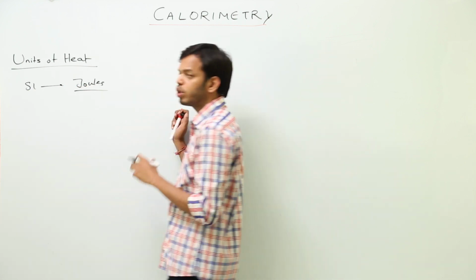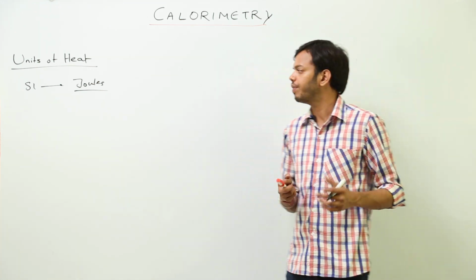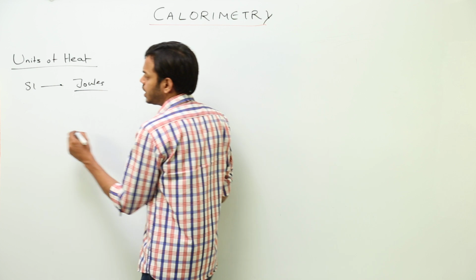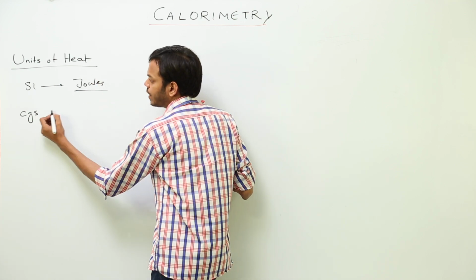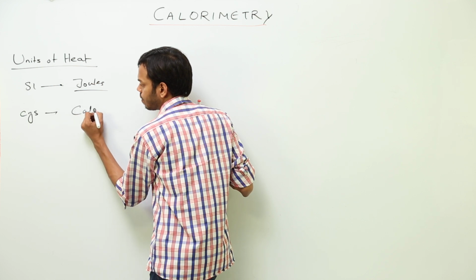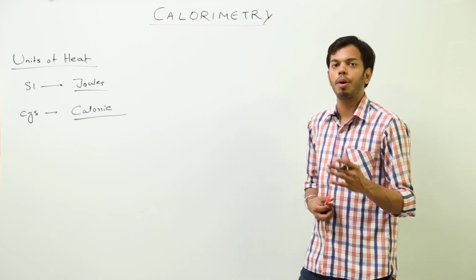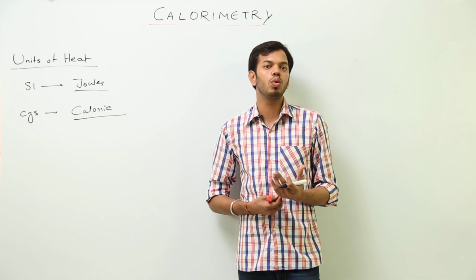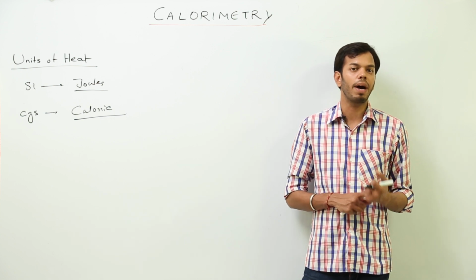You can define joules by any formula you would like, from mgh, from half mv square, from anywhere. Okay. There is another CGS unit of heat which is called calorie. So calorie is basically the amount of heat required to raise the temperature of 1 gram of water by 1 degree